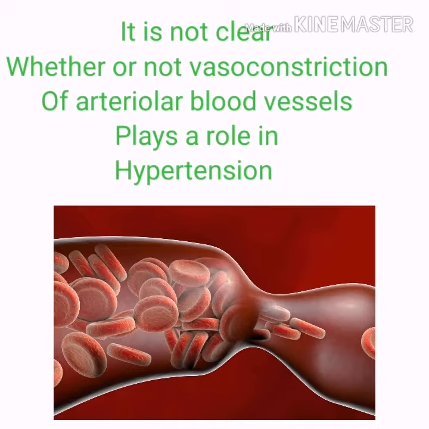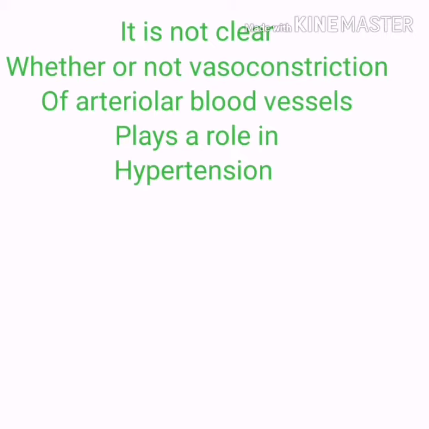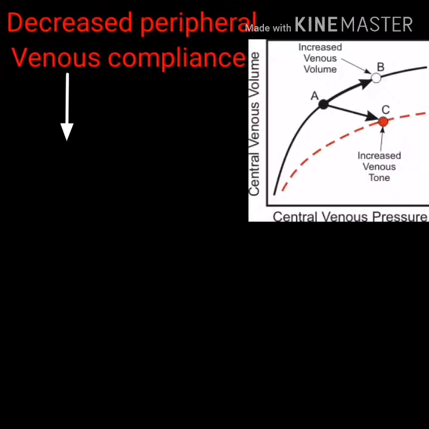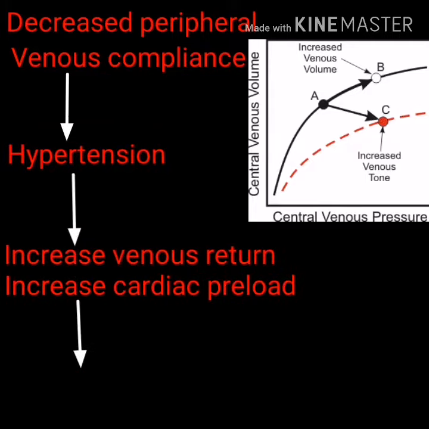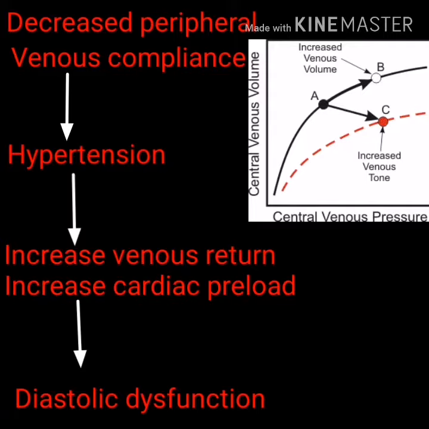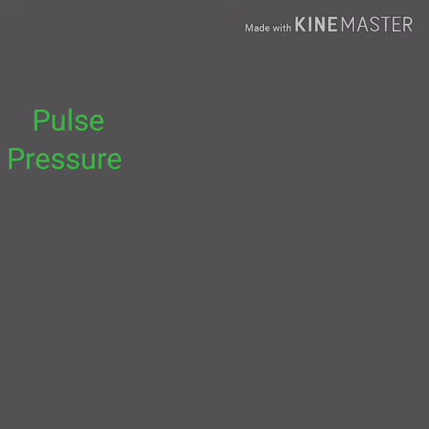It is not clear whether or not vasoconstriction of arterial blood vessels plays a role in hypertension. Hypertension is also associated with decreased peripheral venous compliance, which may increase venous return, increase cardiac preload, and ultimately cause